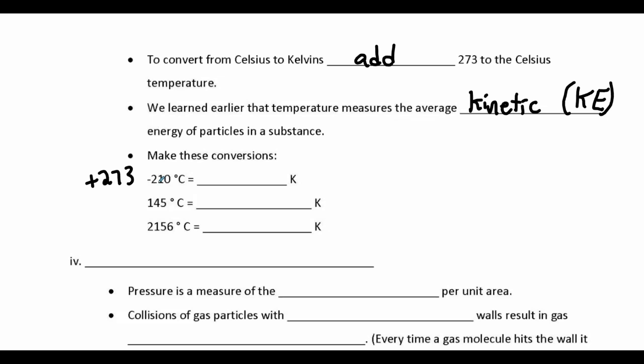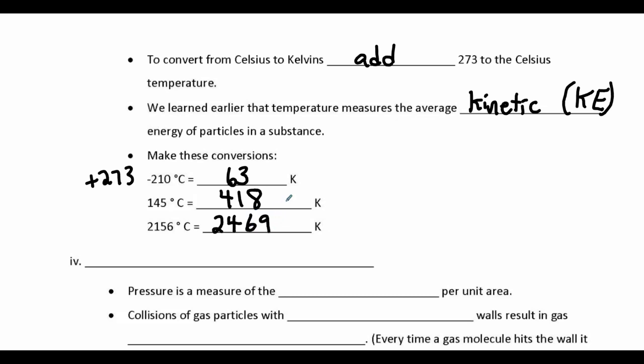So if we do that, negative 210 degrees Celsius, if we add 273, we would get that that is equal to 63 Kelvin. Okay, the 145 add 273 would give us 418 Kelvin, and 2156, if we add 273, would give us